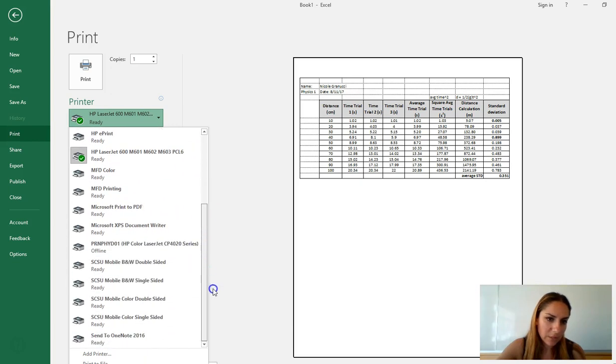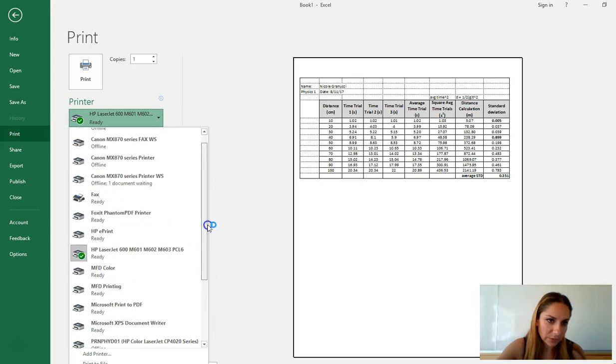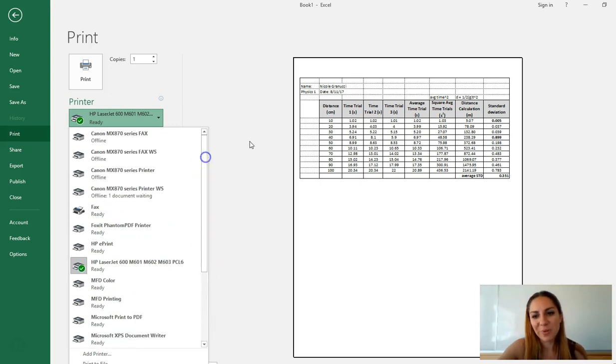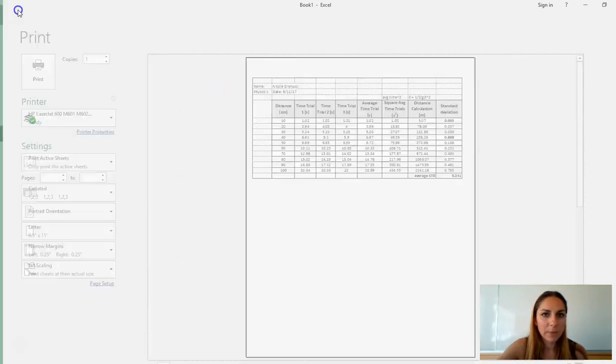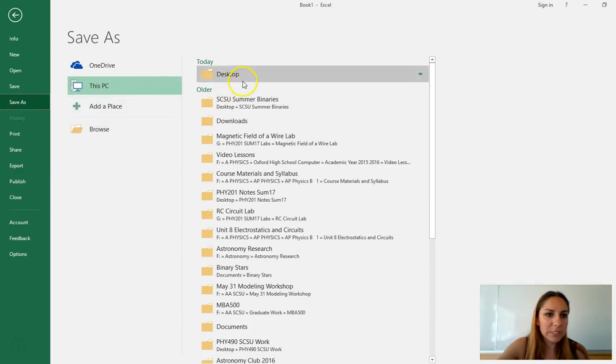Where are we? As you can see, I have a million different printers online. Oh yeah, I'm using my home computer, so it's not going to show up. But anyway, you pick the computer and you press print. And then always save your data